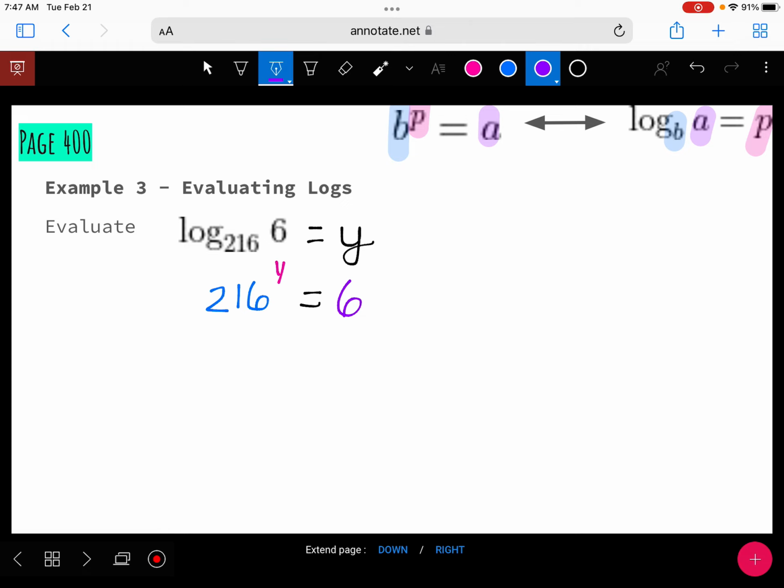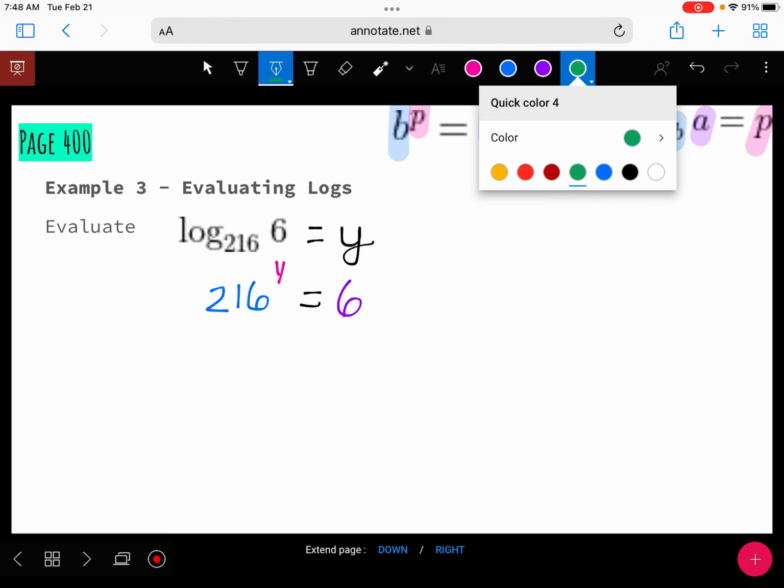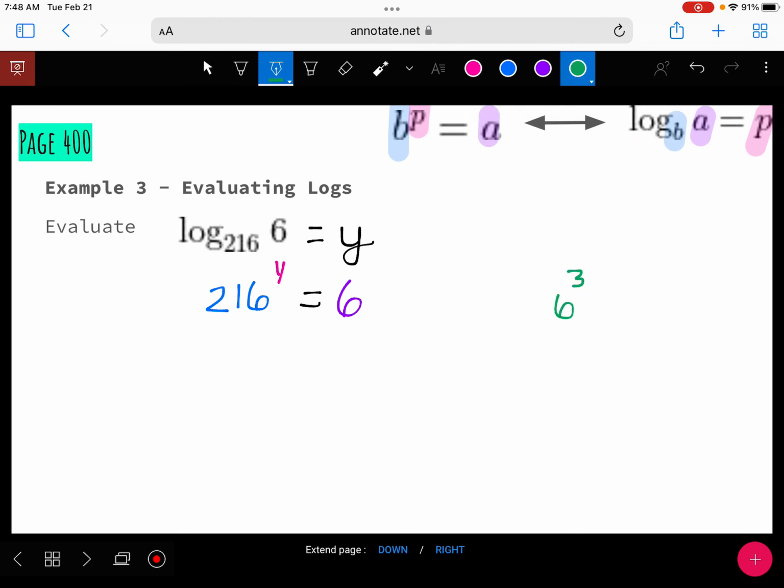We look at that and go, great. That's super helpful. The book gives you a clue because they give you a whole lot of work on here. 216 actually does get to that common base, just like when we solved in exponentials and we got it so that they had the same base. 216 is the same thing as 6 cubed. So we can really write this as 6 cubed to the power of Y